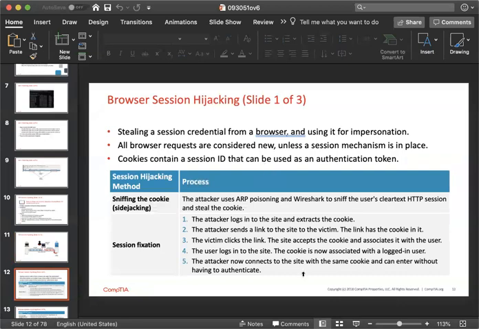Browser session hijacking is stealing a session credential from a browser and using it for impersonation. All browser requests are considered new unless a session mechanism is in place. Cookies contain a session ID that can be used as an authentication token. Hijacking method: sniffing the cookies, or sidejacking. The attacker uses ARP poisoning and Wireshark to sniff the user's cleartext HTTP session and steal